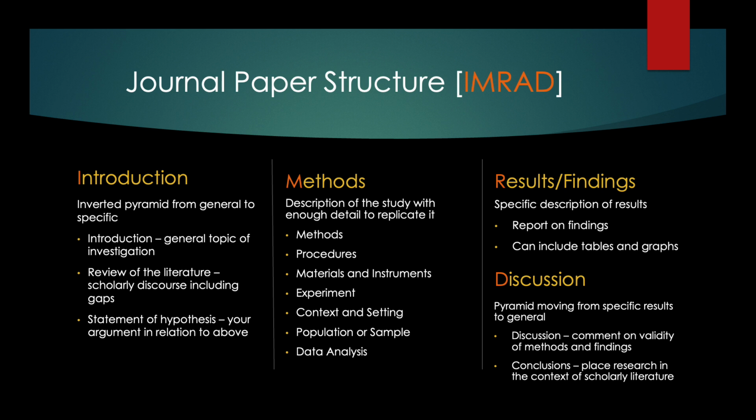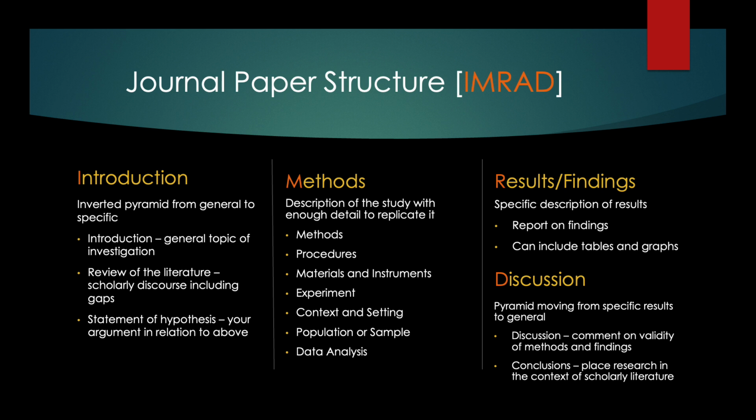The next section will be the methods, which is a description of the study with enough detail to replicate it. I always think of this section as the instructions sheet. Different topics that need to be covered in this section include, of course, your methods or methodological design, your procedures, materials and instruments, the experiment, context and setting, and population or sample. These do not have to be in this particular order, but enough description should be included covering each of these